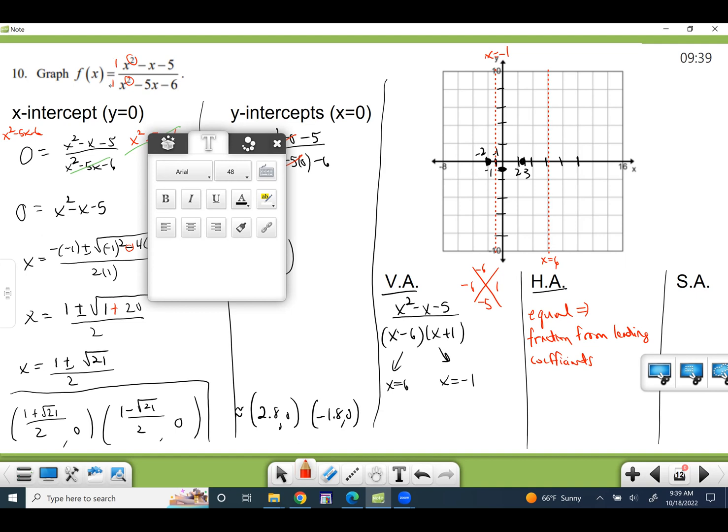So there's a 1 on top of a 1. So we would put y equals 1 over 1, or in other words, y equals 1. So I'm going to put a horizontal asymptote through y equals 1. Remember, we're counting by 2's. So I'm going to put it halfway in the,